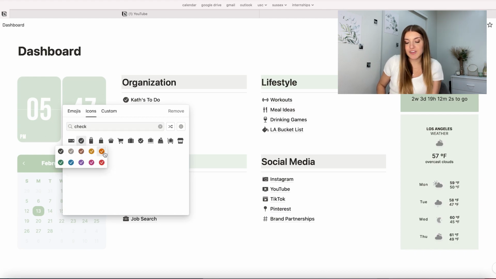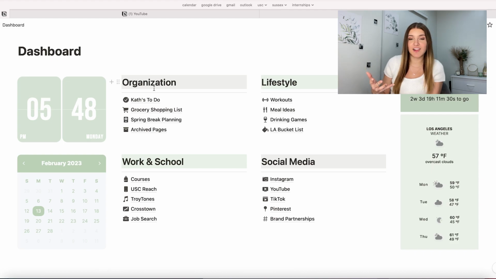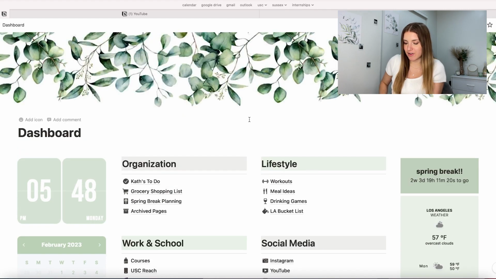But another thing is that when you click on it, you can also choose one of these colors. I think these grayscale icons make it look a lot more sleek. So I'm really into that. I hope you guys are too. But I think that covers everything on my little dashboard here. We're gonna go ahead and get into some of my pages that I use most frequently, starting with the one